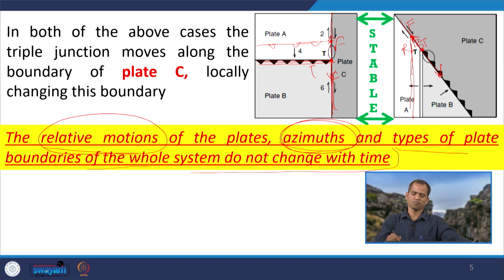Similarly, if it is coming down here, that means this transform fault will shift up to this position and the ridge will shift from here to here, but here again the F, T, R configuration will be there. So, that means though the geographic position is changing, the orientation of this plate boundary is remaining the same, the azimuth remaining the same. So, that means the azimuth and the orientation of this plate boundary, that is the type of plate boundary, and its relative motion of this plate remains the same, so that it can be called a stable